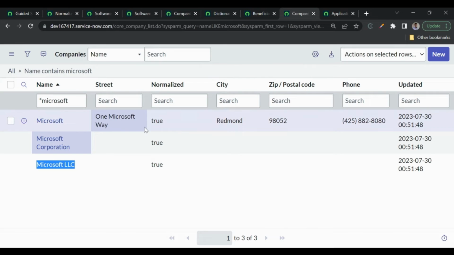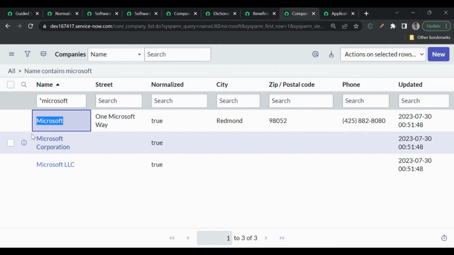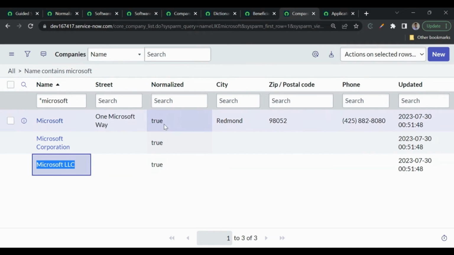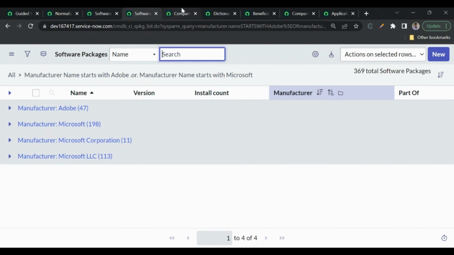Now, one thing you can notice here, after we run that activity, all are changed to normalized true, because all these are individual companies. We don't have any mappings for them. That's why after we run that normalization, it changed to normalized true. Now, when we add the mappings and run that, it will change. These two will be changed to normalized false, and this will change to normalized true. Okay,